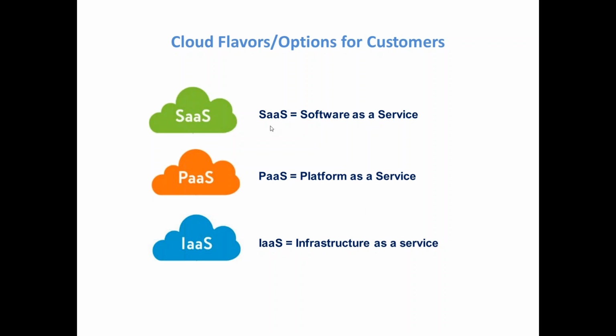The first one is SaaS. SaaS stands for software as a service. In case of SaaS, as a client we take the subscription for the SaaS and we can configure the application and use it as per our business requirement. If you have a SaaS customer, you can develop your custom reports. The custom reports don't impact any product functionality. It's how you want to see the data. Accordingly, you can develop the custom reports. If you want to integrate third-party applications, yes, you can integrate them in case of SaaS.